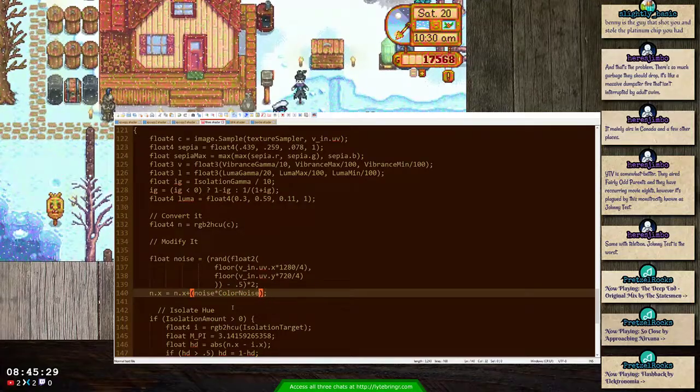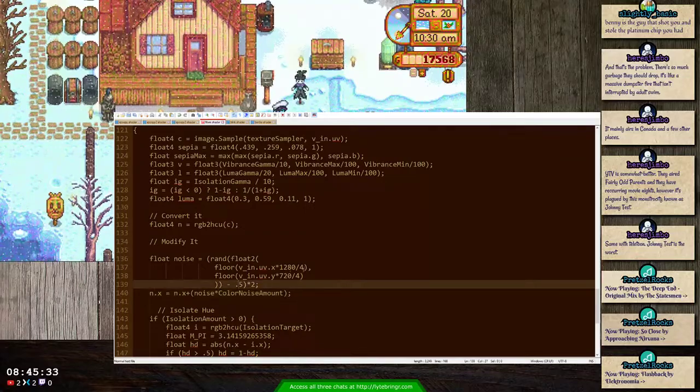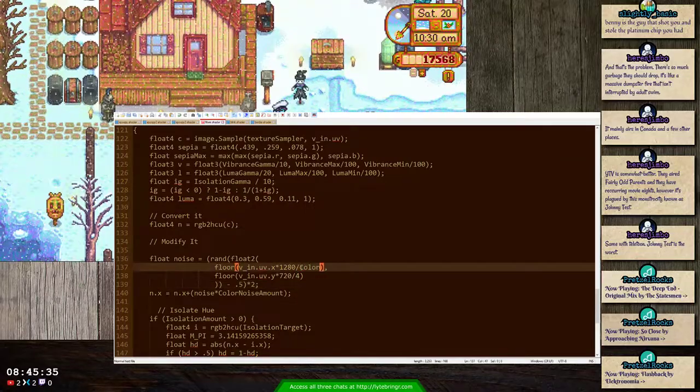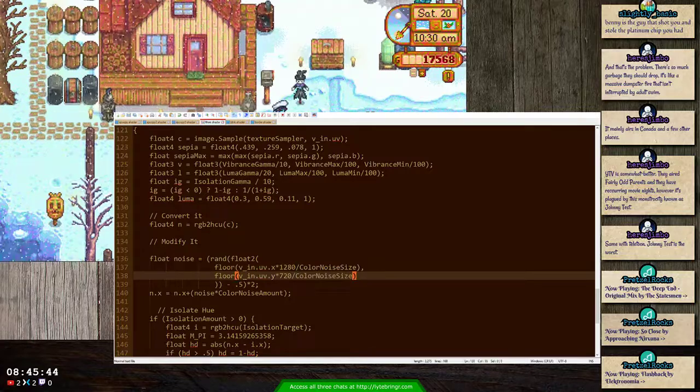Color noise amount, color noise size. Oh, we broke